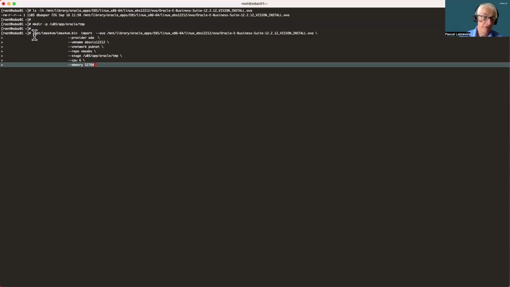I specify the provider is ODA, so that the tool knows it is going to import into an ODA. I specify a name for the VM to be created, the virtual network, the VM storage. In this case, I select VM EBS, the temp directory, the CPU count, and the memory for this VM.